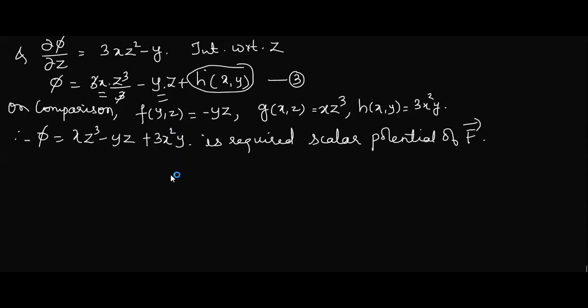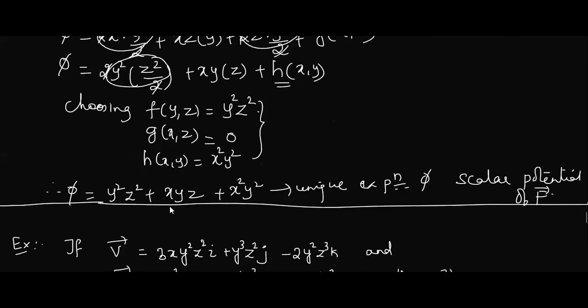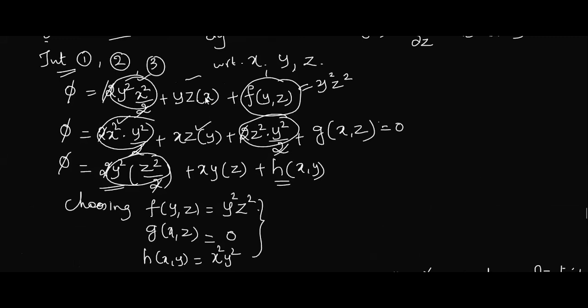Anybody who has any doubt regarding this problem can ask, because this is one of the important examples. Ma'am, in the last example we even took xyz, so the term which is common, we have to take that also. What xyz did we take? In the last example, ma'am. One second. This one I have not chosen; I have written the same equation 3 only. This part, y square, z square, is coming in all the terms. Just see, xyz is here, xyz is here, xyz is here.